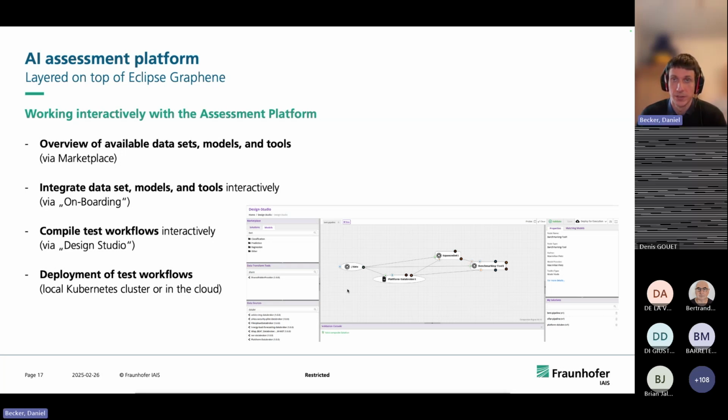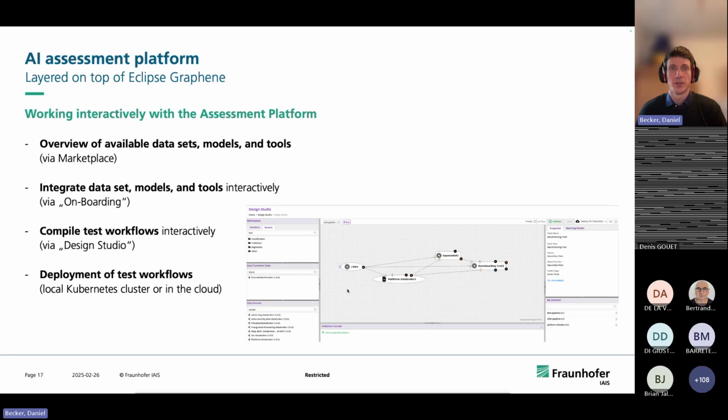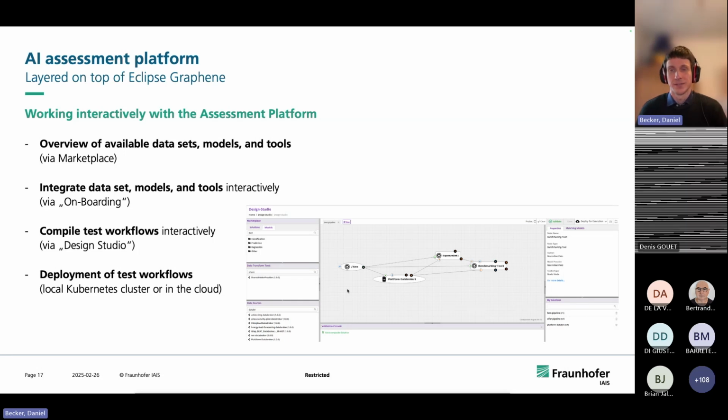You can interactively upload and onboard these models if you build containers from them and these modules, and then you can also use this design studio to build test workflows interactively, and with a click deploy them either on your own local Kubernetes cluster or in the cloud.